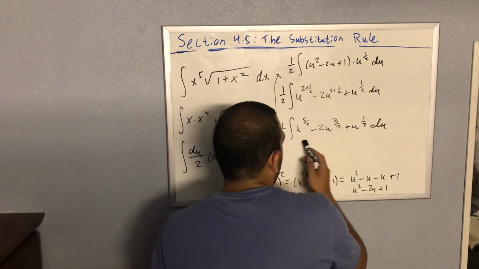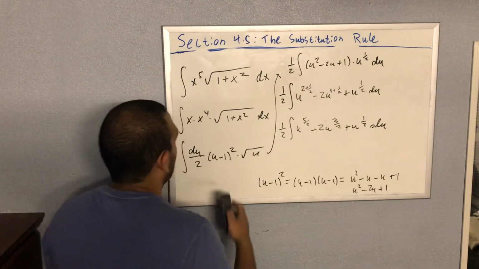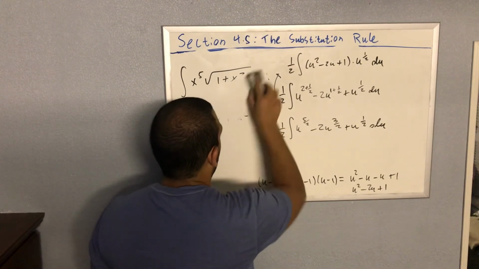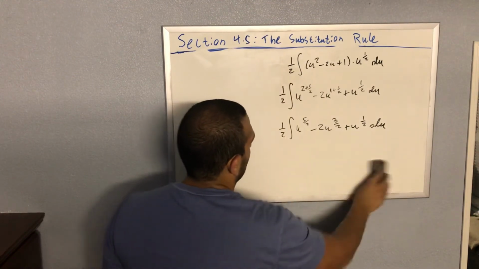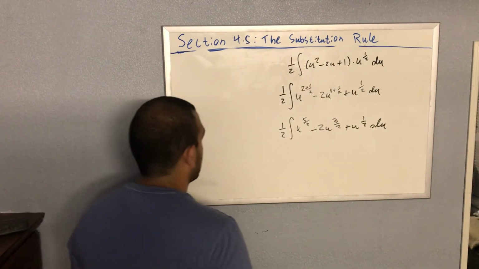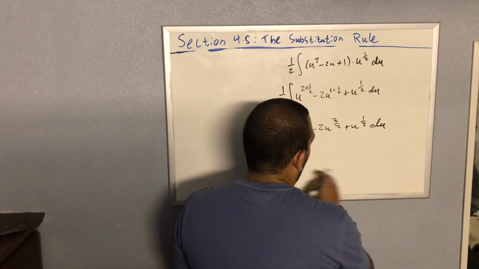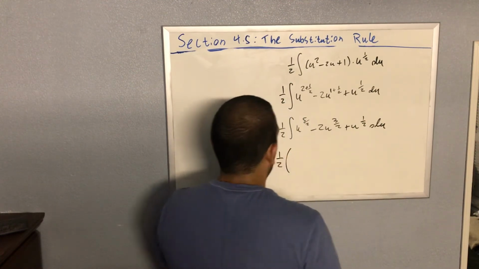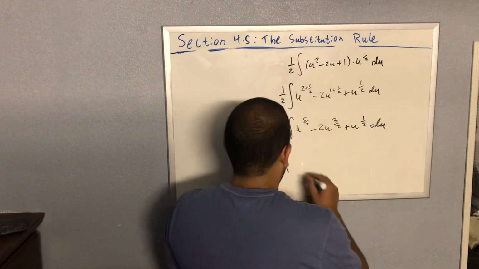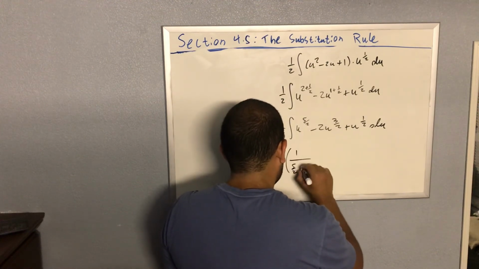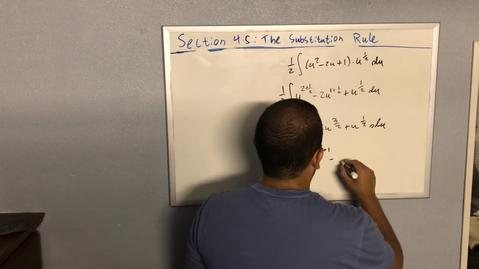And again, now you can split all of these integrals up if you want to, or you can just do all of this in one go. You can just apply the power rule multiple times. So I'll come here when I'm done down here. So you'll get 1/2. 1/2 will multiply all of this stuff. So 1/2 times the integral of all of this will be repeated applications of the power rule. It'll be 1 over 5/2 plus 1, u to the 5/2 plus 1, minus,